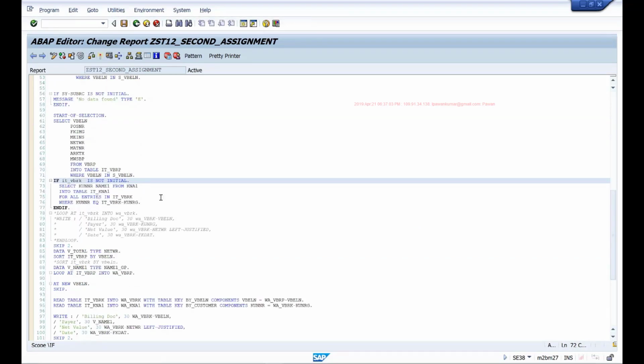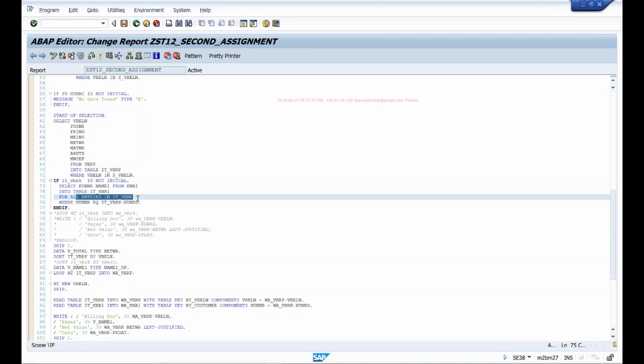Whenever you write your code and before it can be moved to production, there is something called code review. A senior developer or your team leader will review your code before it can be moved to production. And when reviewing that code, they will check all this. So whether you're restricting your for all entries by using an if condition or not. So if you're not doing it, then they'll ask you to correct your code, right? So this is a good programming practice we follow.